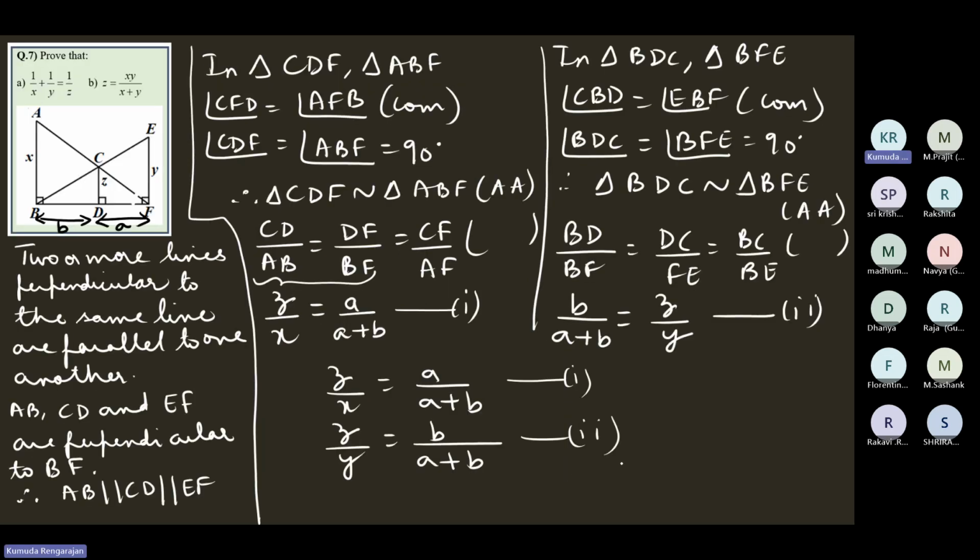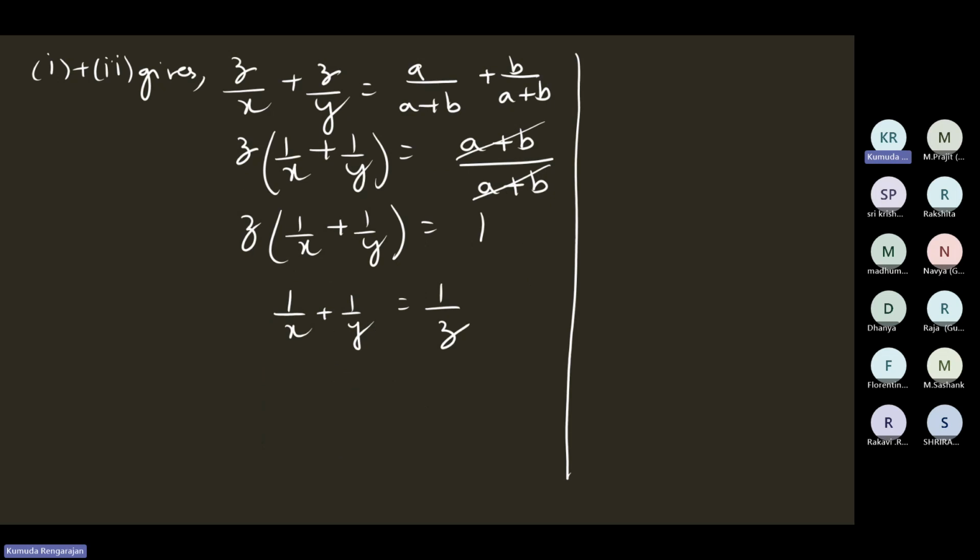Z is equal to xy by x plus y. All right. So we have to go back to this one. We'll have to continue. You can mark this one as 1, and we'll mark this as 3. So using 3, we get